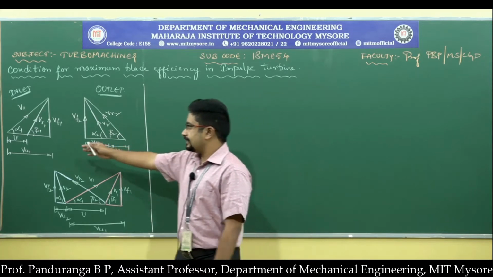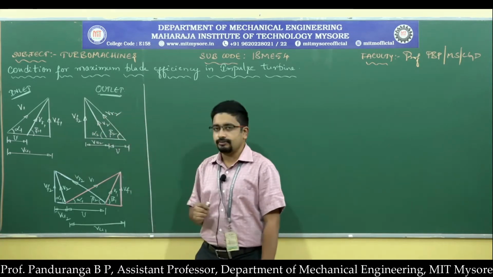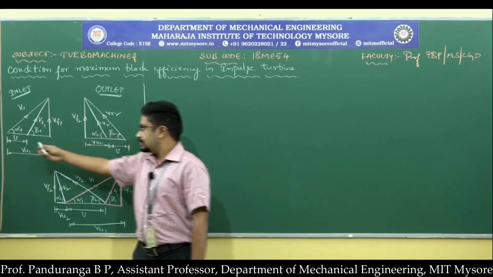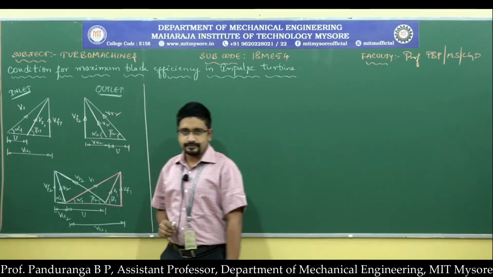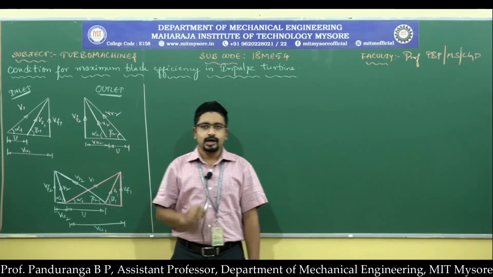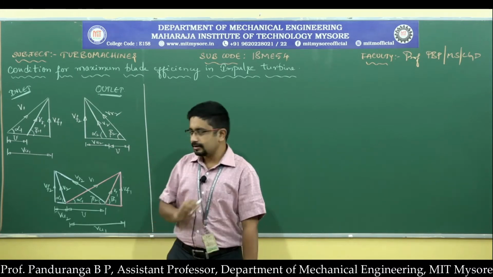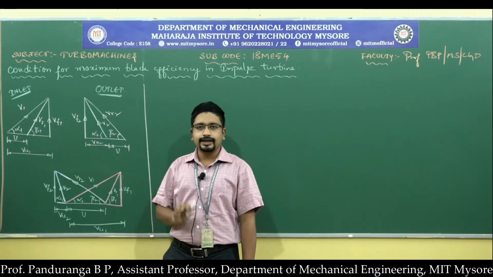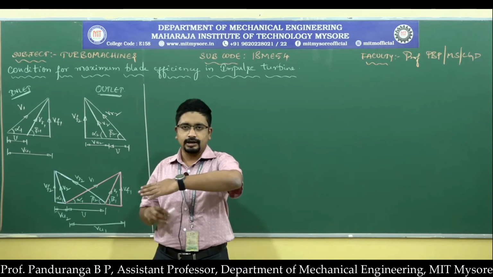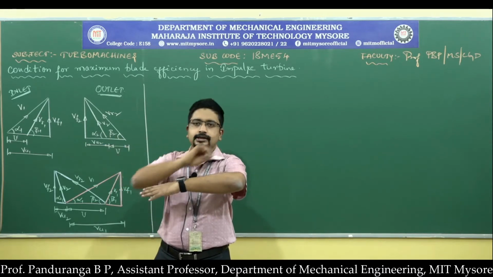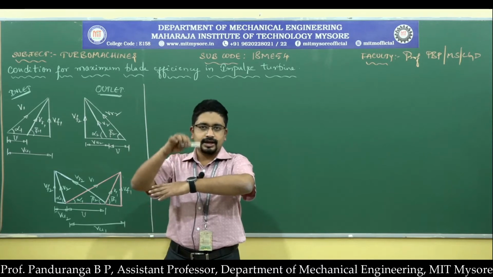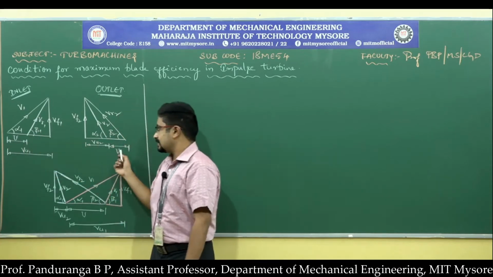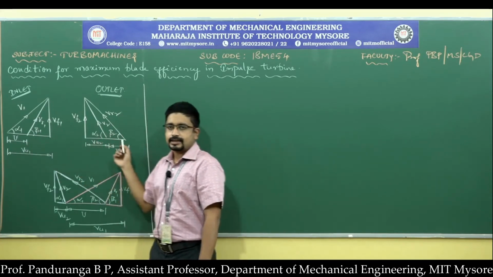So here we have the inlet velocity triangle and here we have the outlet velocity triangle. For both the velocity triangles, since we are dealing with axial flow turbines, all the steam turbines which we use are axial flow turbines. We need to remember the tangential velocity of the blade remains same. If this is the axis of the turbine, then the fluid enters and leaves the turbine at the same radius. So the radius remains same, and because of that the tangential velocity of the blade remains same for both inlet as well as outlet.